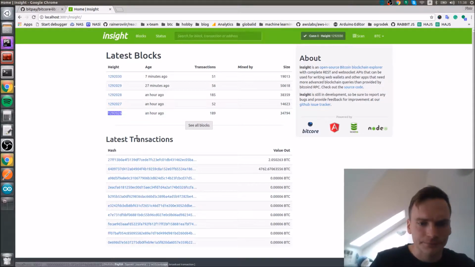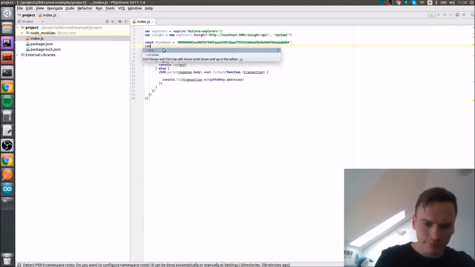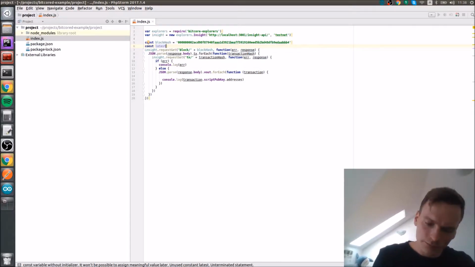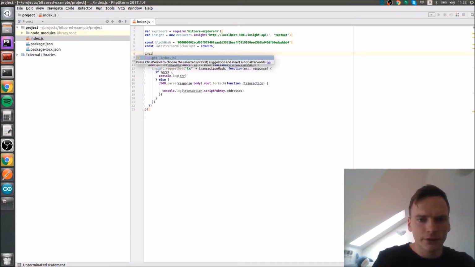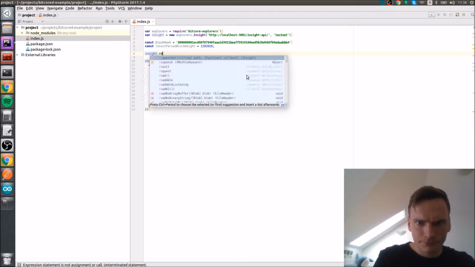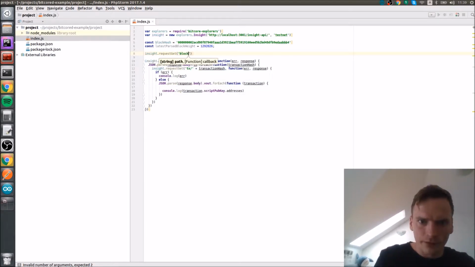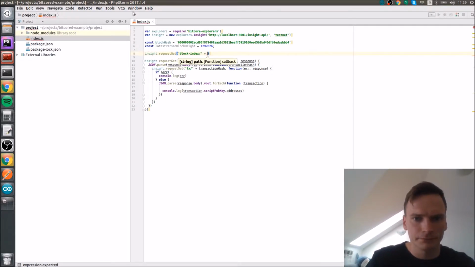So you can take some example height and save this as the latest parsed block height, like this. We'll increase that after every run of our code. So what we need to do is to take a block number inside the request get block index. This particular API method will help us with that. We'll pass our number there,